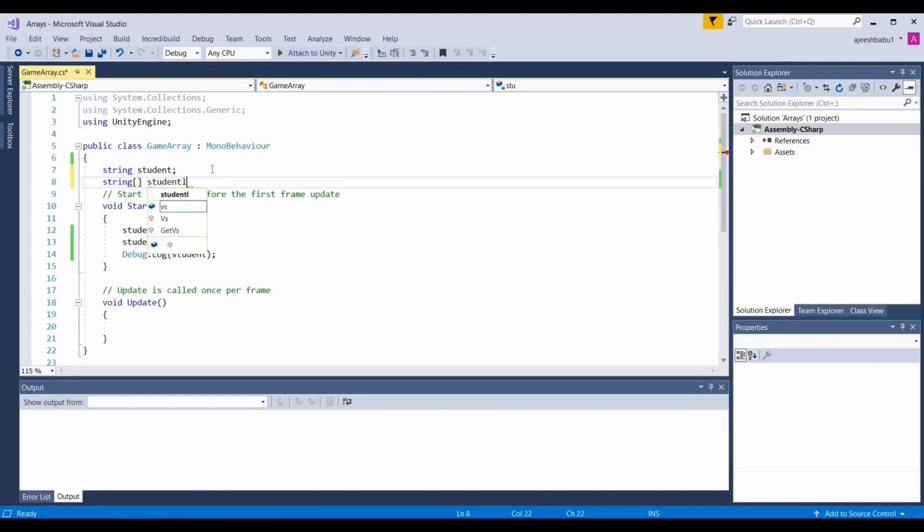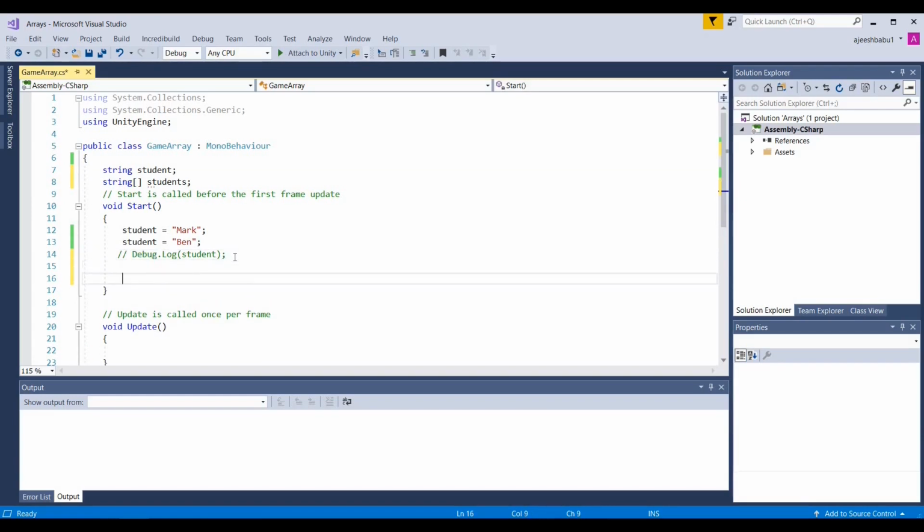Then I will just give the name as students. Okay, so this is my string array called students. Now what I am going to do is that I will just comment this. Then I will add the values. So first I have to define my string array, and what is the length of the array which I have to define. So for that I will give it as students